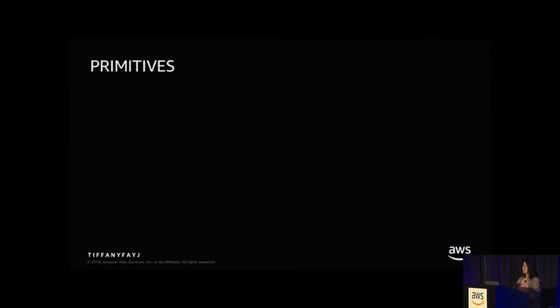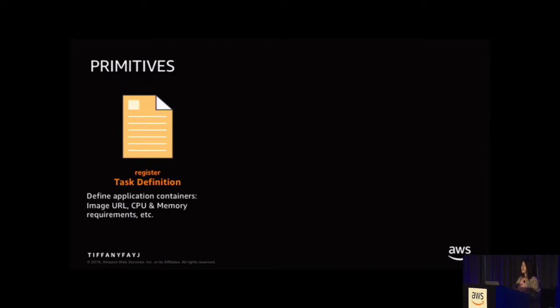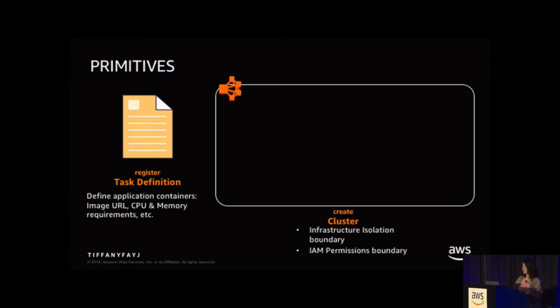So let's look a bit into some of the ECS or Fargate primitives. So first, we have the concept of a task definition. So a task definition is basically a template in JSON that has up to 10 containers in it. So you can give information such as what are the container names, how much CPU memory do I need, and different things that you would set up for it, such as ports, et cetera. So first you register that task definition, which you need in order to create a task.